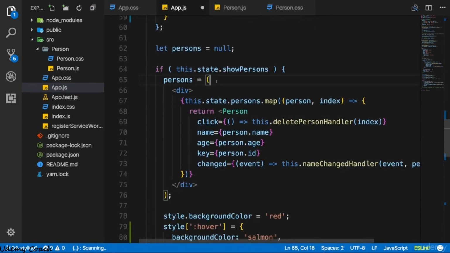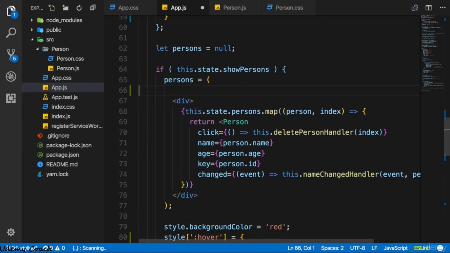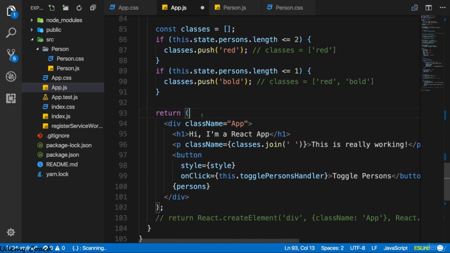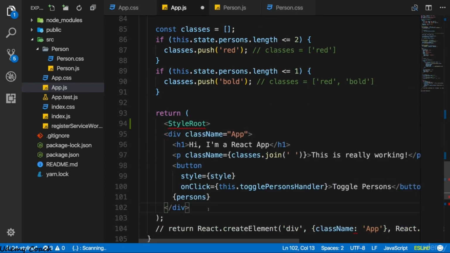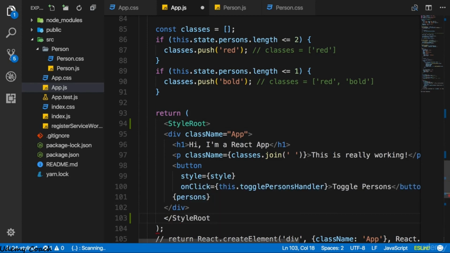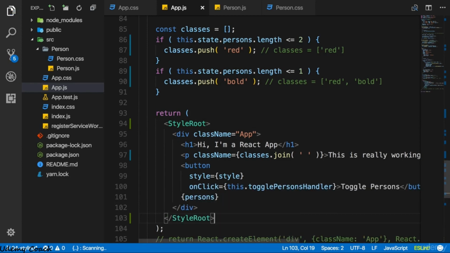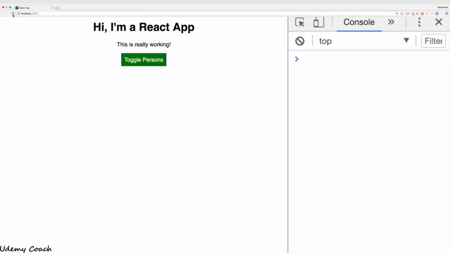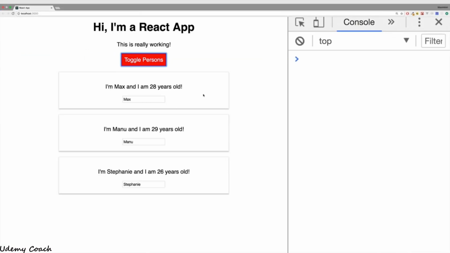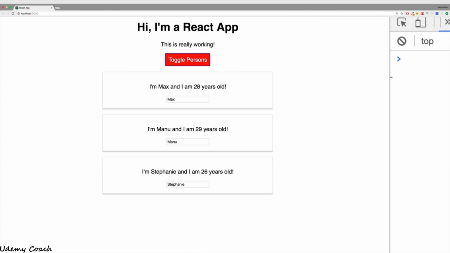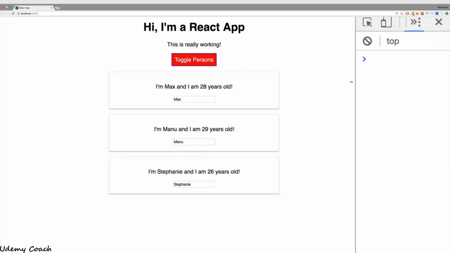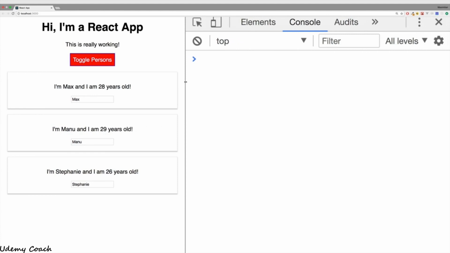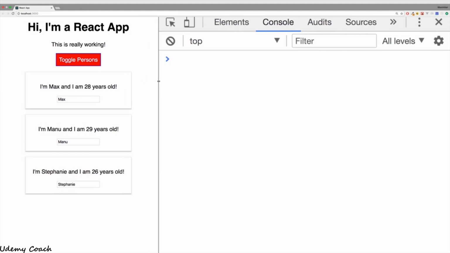So what we can do is we can simply go here, whoops, not in person, sorry, in the return statement, and simply wrap everything, the whole div with the class name app, into style root like this. Now if we save this and we reload the application, I click this again, now it works without an error. And if I resize this, you see the boxes are only staying in the middle, but they're not growing in width anymore. They are growing in width to 60% of the size though, if I go below my media query threshold, which was